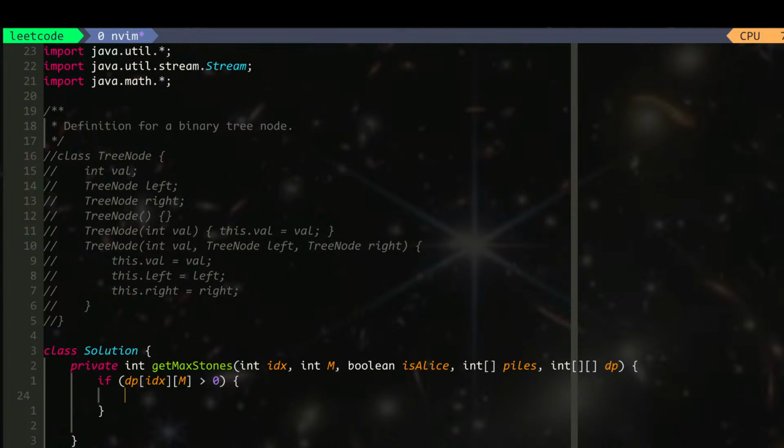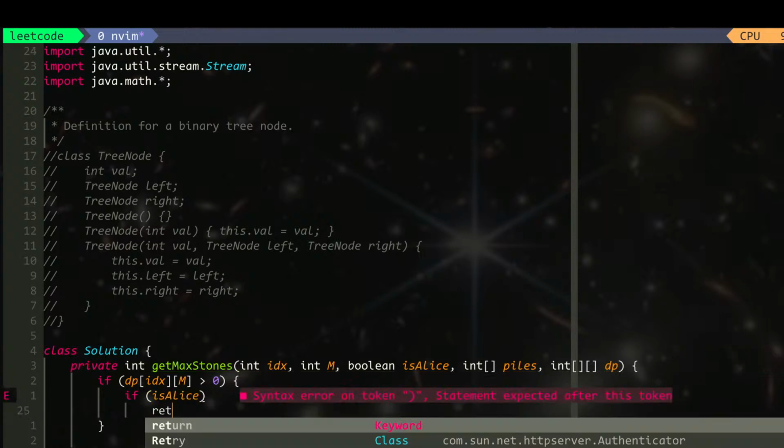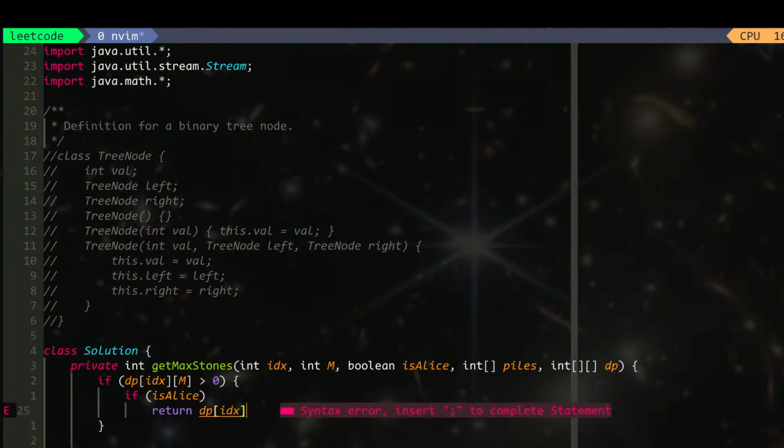We just get max stones. We get max Alice's stone. So if it's Alice, then we just return that. If it's not Alice, and it's Bob, then we return Alice's max stone. So we say if isAlice, then we return dp index m, else then